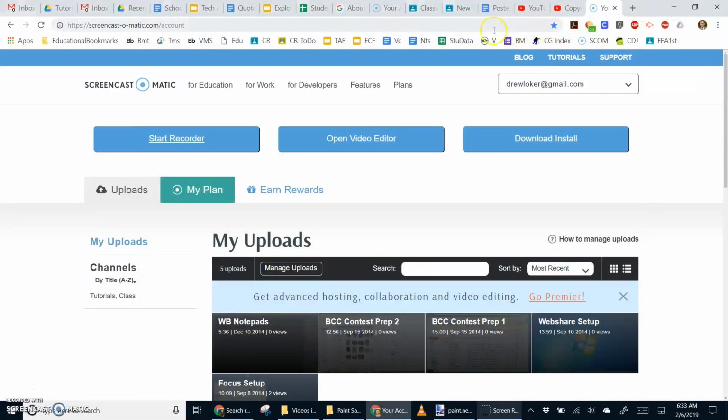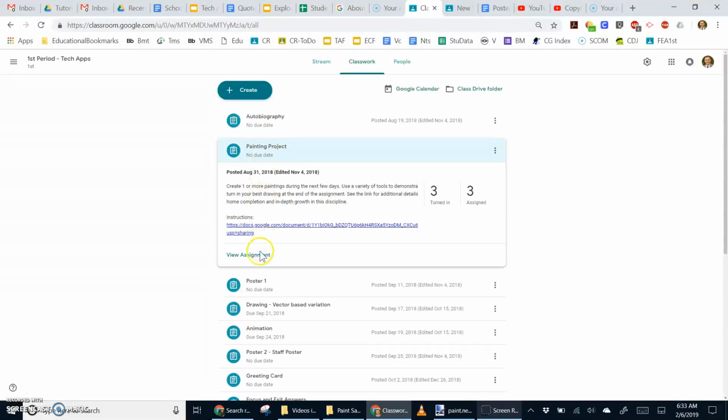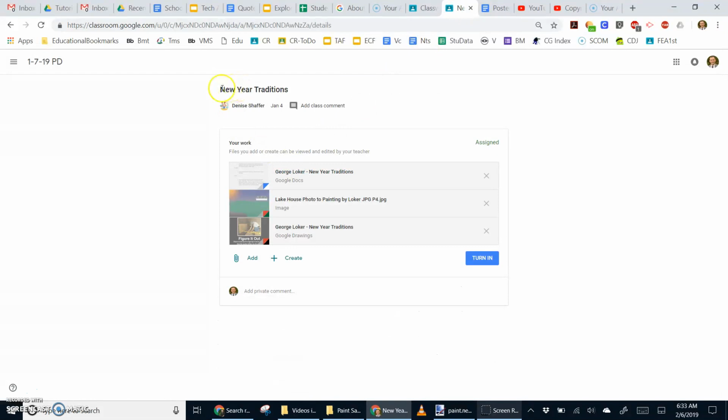And I'm going to minimize Paint.NET, and I'm going to go to the classroom, go to your class period, click on classwork, click on the painting project, click on view assignment. I'll switch over to where I'm a student in a classroom. You'll see painting assignment up at the top, and you'll click on add, file,